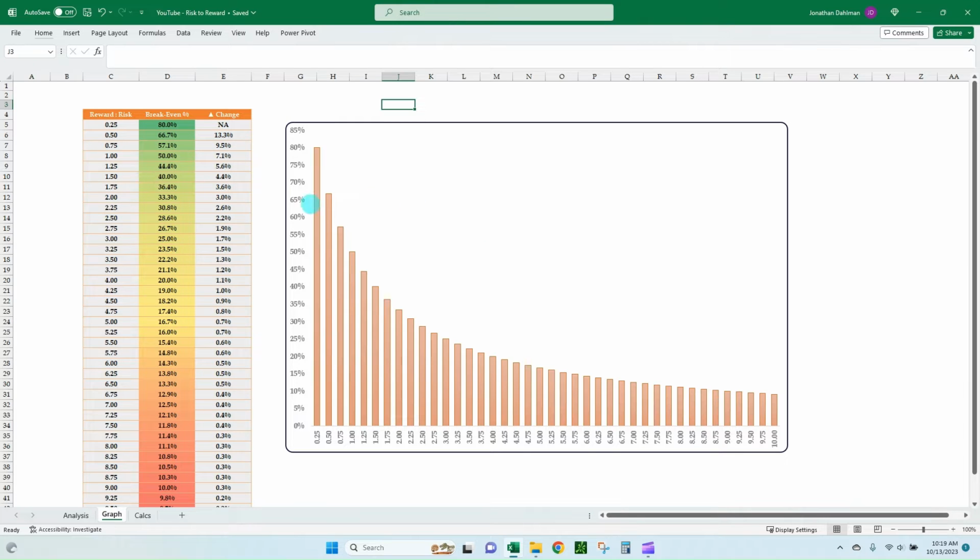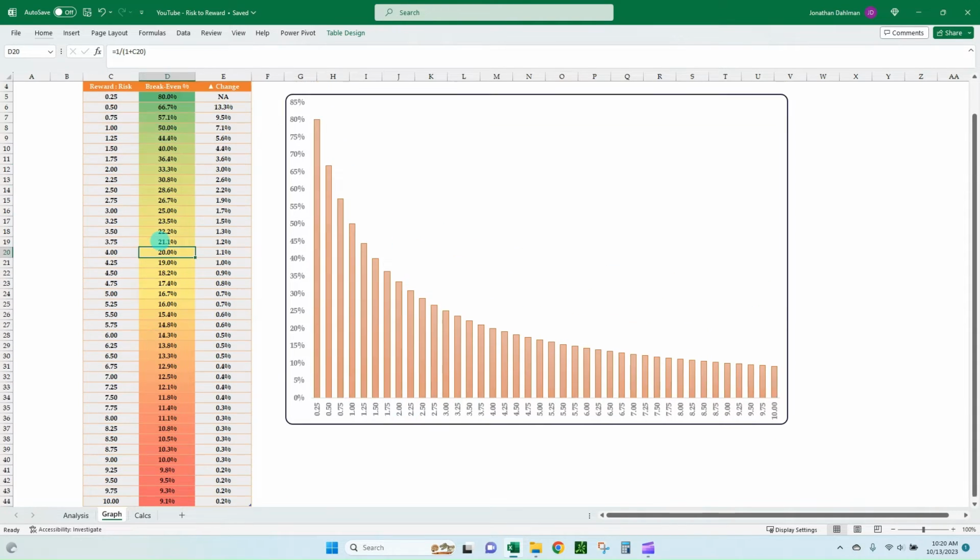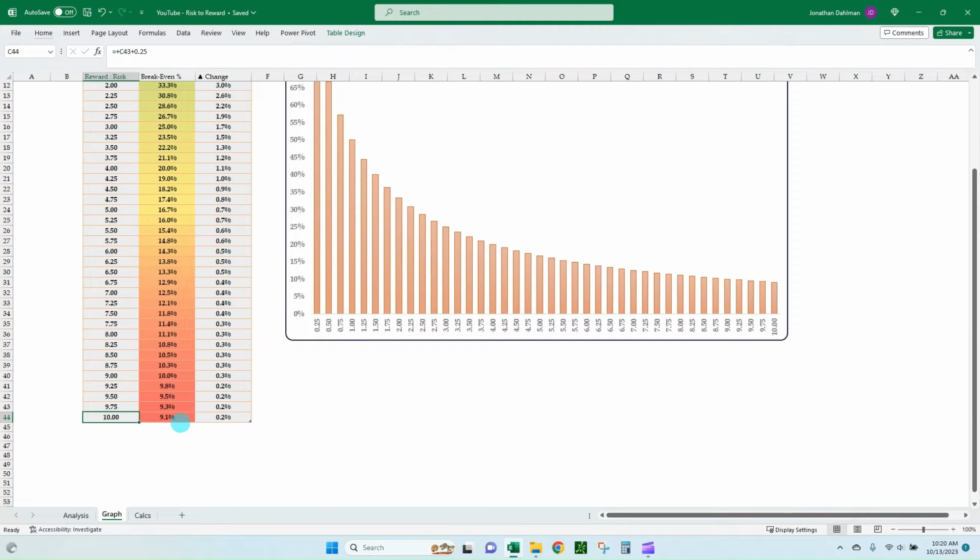And the table is just depicting what's on the graph. So you can see at a 0.25 reward to risk ratio, you need to win 80% of the time. 1 to 1 is 50%. 2 to 1 is a third of the time. 3 to 1 is 25. 4 to 1 is 20%. And so on down the line. And at a 10 to 1 reward to risk ratio, you only need to win 9.1% of your trades in